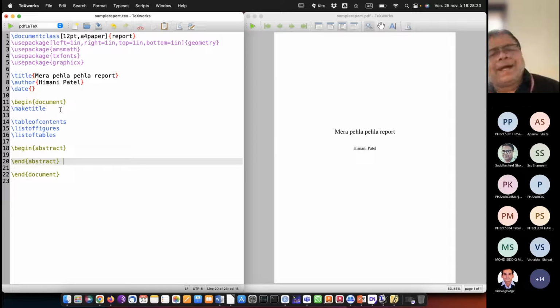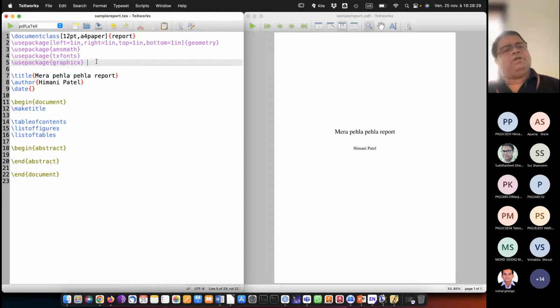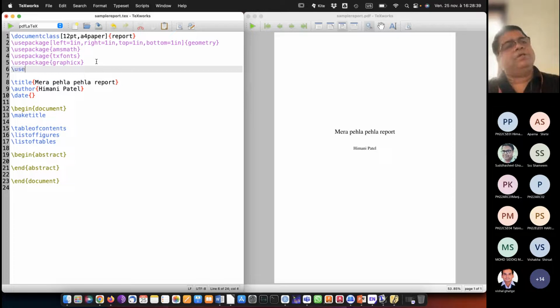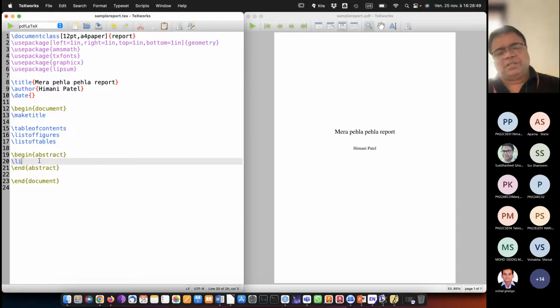Last time I told you that if I want dummy text, I will use the Libsum package. That is my favorite dummy text package if I just want to illustrate. So I want to use the Libsum package, and let me do that. So say use package Libsum. I just do that. Okay, let's see. So I am using the Libsum package, and I am going to type the first